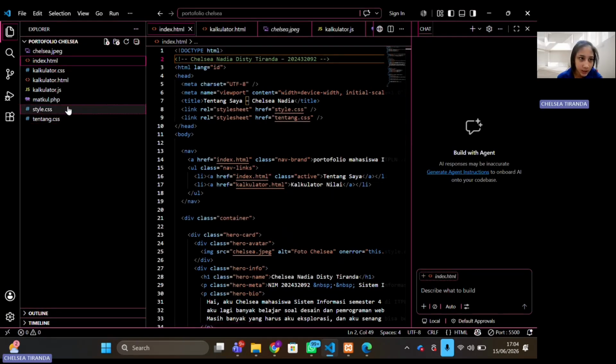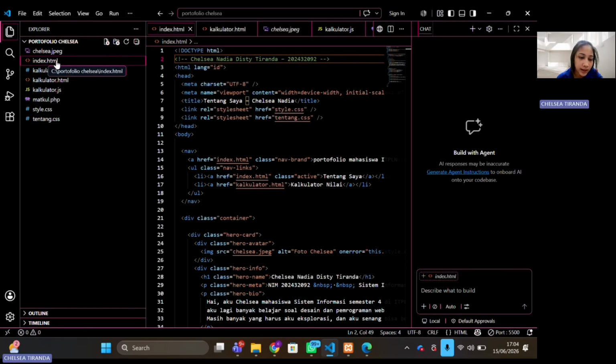Okay, first, I will show the file structure of this project. All files are stored in one folder, which is Portfolio Chelsea. There are 8 files in total.